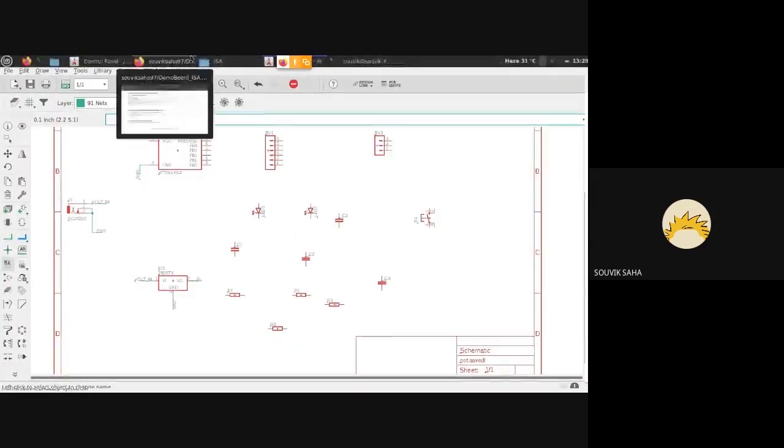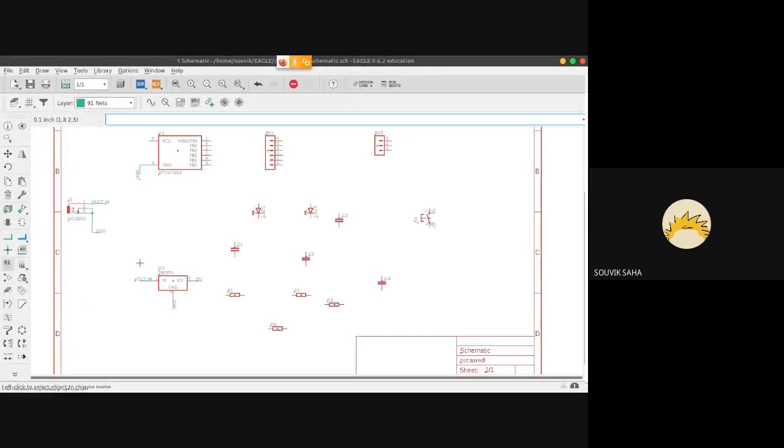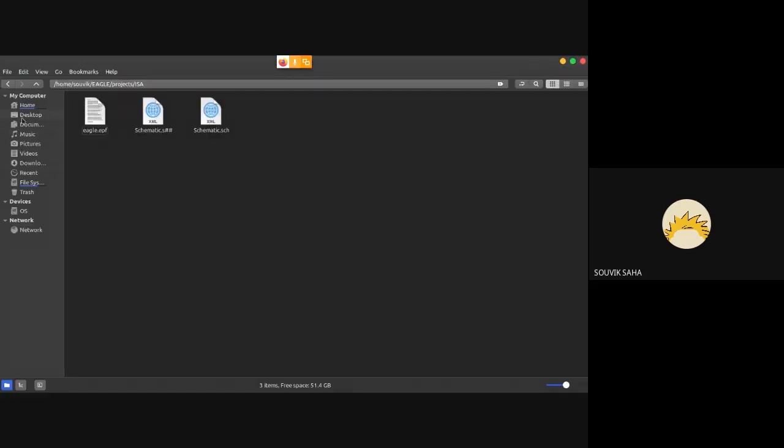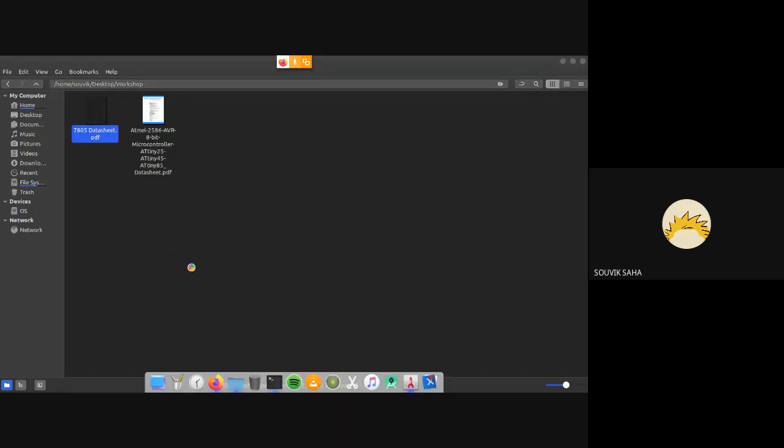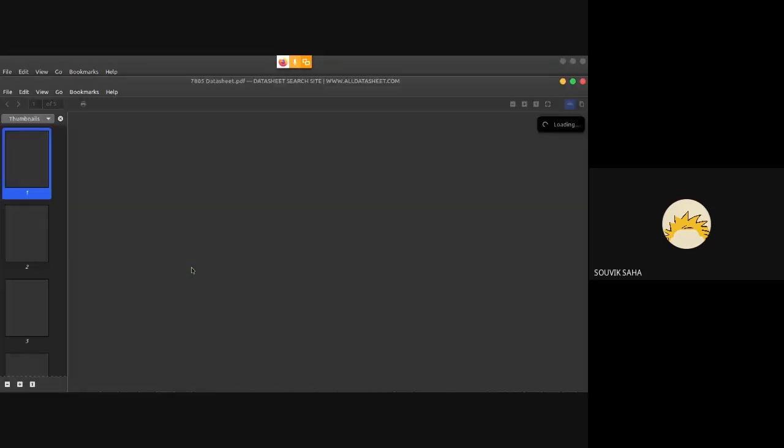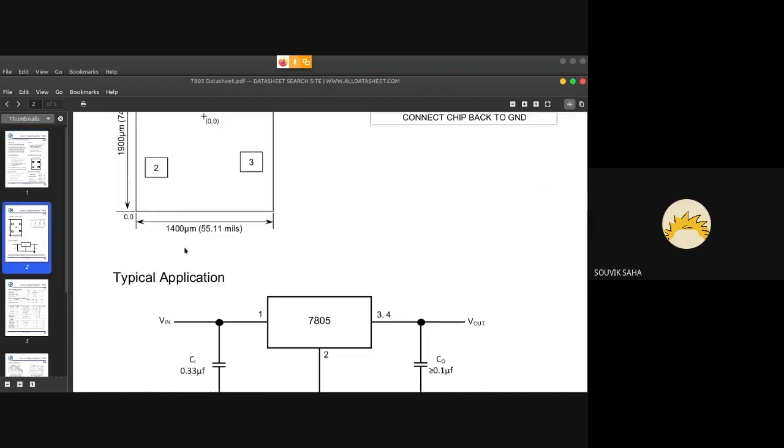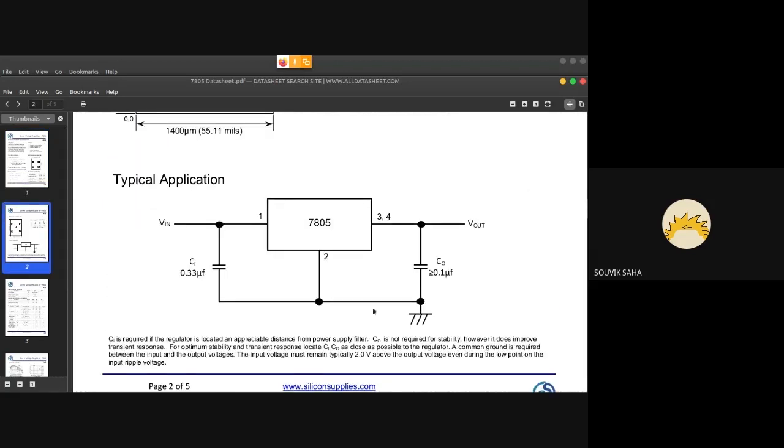And if anyone has any doubts on why we are connecting the 7805 like that, I think everyone has been provided with some documentation on the 7805, right? So I want everyone to just open that data sheet once. This is the reason why we are connecting it like that, because it's mentioned in the data sheet.